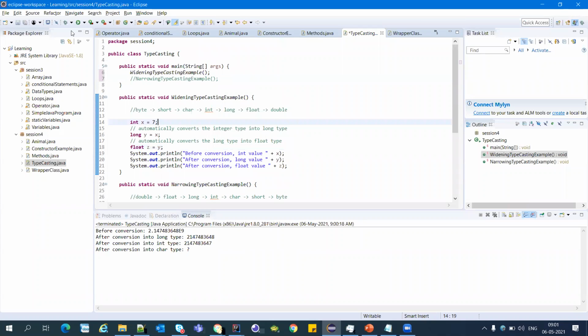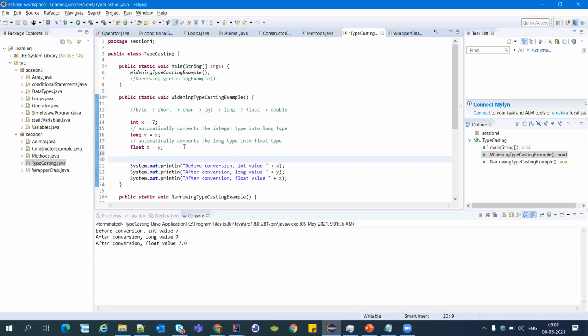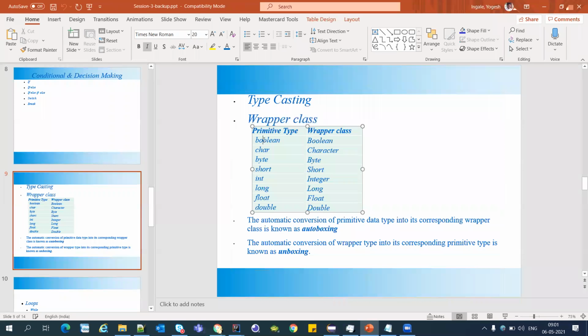Here we won't lose anything, Diksha. We will get only 7.0 as the value of float. Yeah, that's fine. We got the output, 7.0. We can go ahead. Thanks, Diksha.